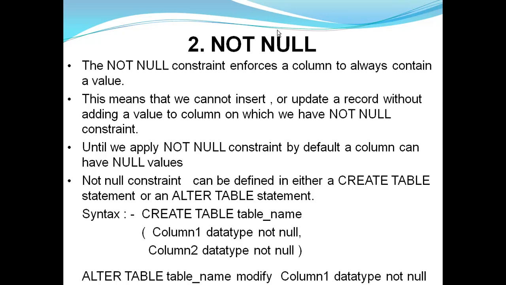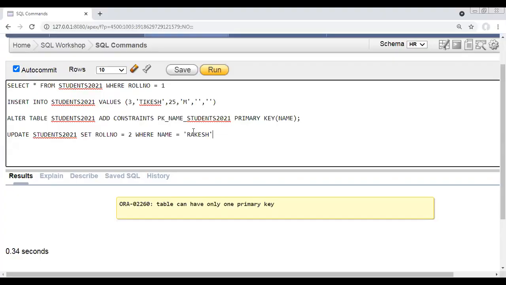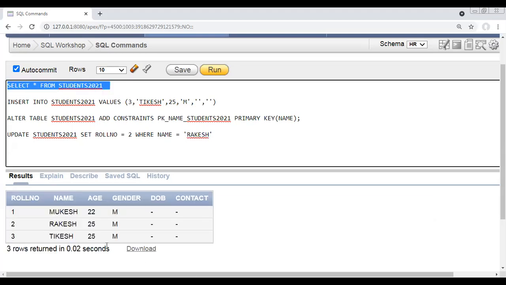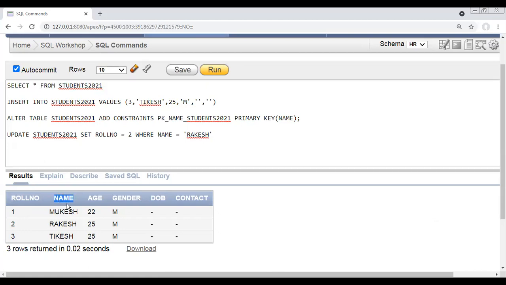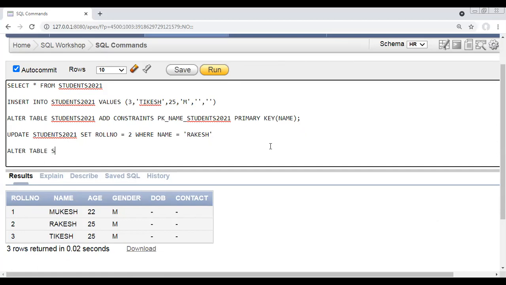Now let's come back here. Okay, now let's say we are going to check the records. We have 3 records. Now let's say I want to put name as not null. That means name should have a value. Not null means it should not accept null. Very simple. So for that, what we have to do here now, we cannot use this statement. We have to use alter table students